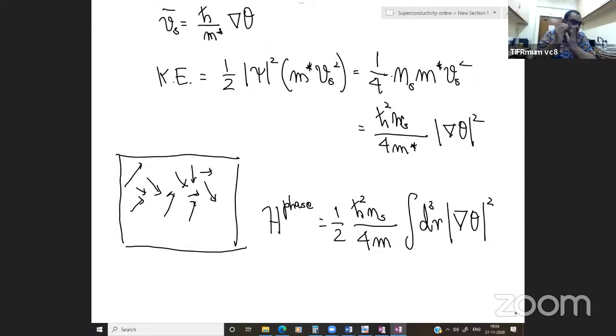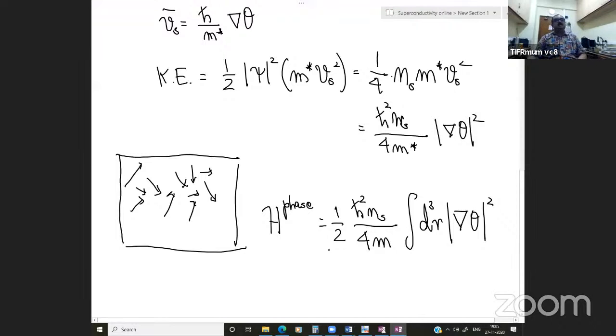But if I am at low enough a temperature, and what is low enough we will see later on, those are matters where you have to apply certain judgment based on the specific situation, then I can use this to look at only the phase fluctuation effect. Alright. Now there is a catch here.